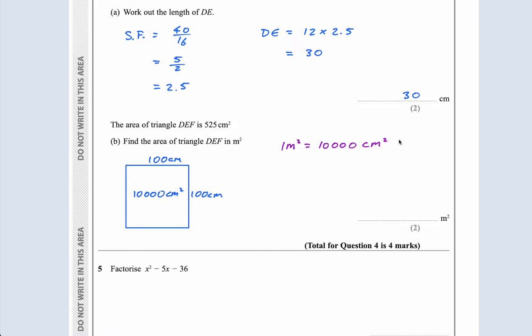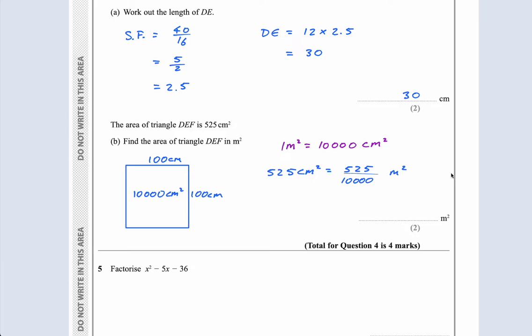So 1 meter squared equals 10,000 centimeters squared. So if I want to find what is 525 centimeters squared, I have to divide by 10,000. So if I want to change this into meters squared, because there's 10,000 of these in 1 meter squared, if I divide this by 10,000, 525 divided by 10,000